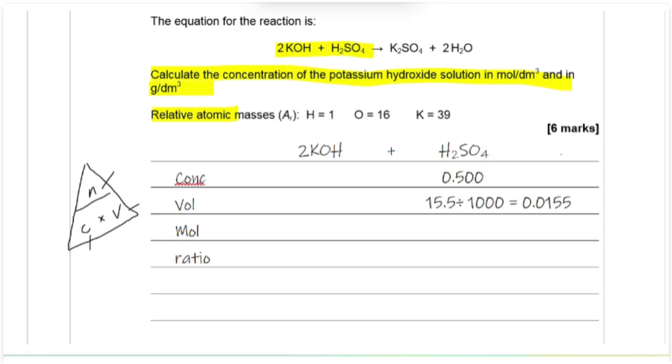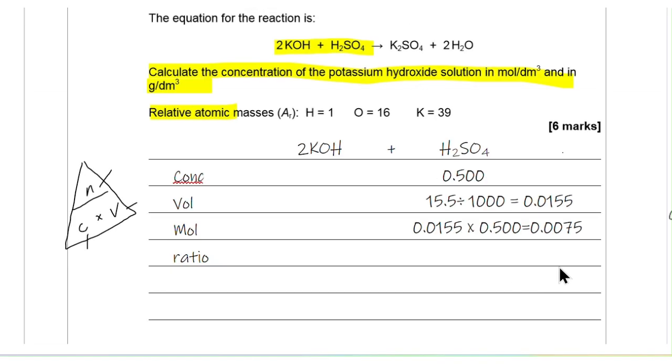Over to the triangle now. To get the number of moles, we need the concentration times the volume. So 0.0155 times 0.5 equals 0.00775. Extracting from the equation, the ratio of sulfuric acid to potassium hydroxide is 1 to 2. So for every 1 mole of sulfuric acid, there are 2 moles of potassium hydroxide. So for the moles, we have to multiply that now by 2. That gives us